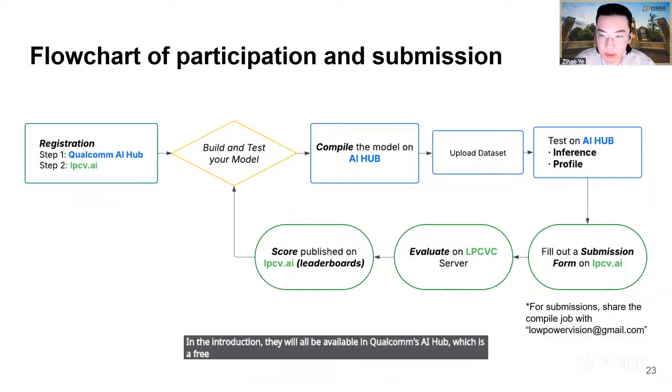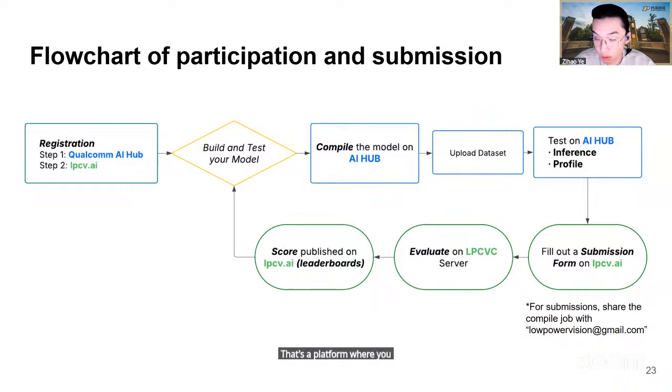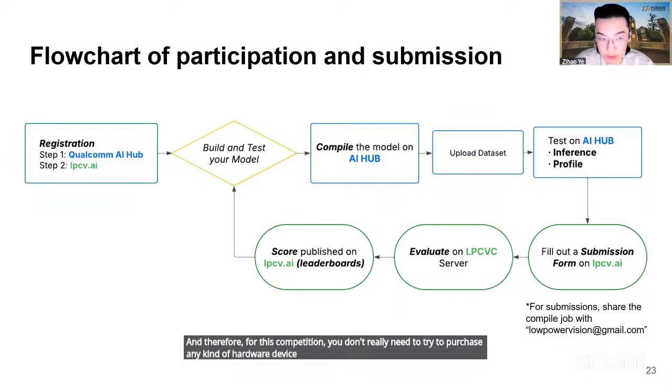You can check out their website. That's a platform where you can upload your model, run your model, and therefore for this competition, you don't really need to try to purchase any kind of hardware device. You can just use Qualcomm's AI Hub.